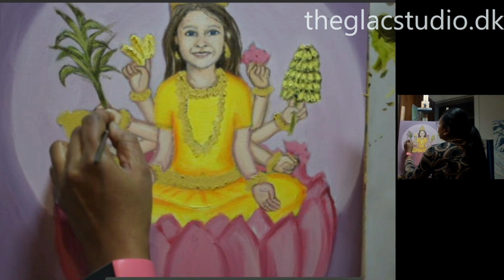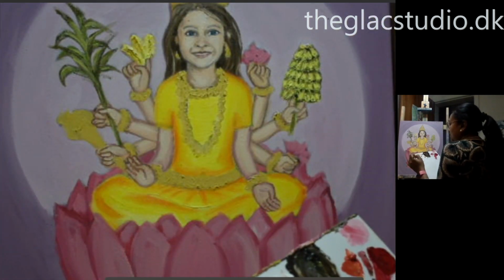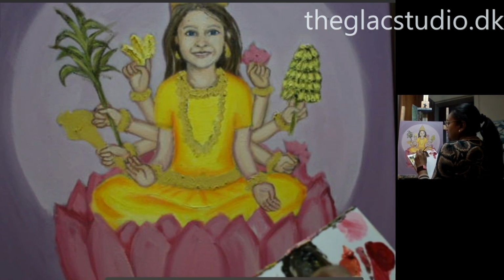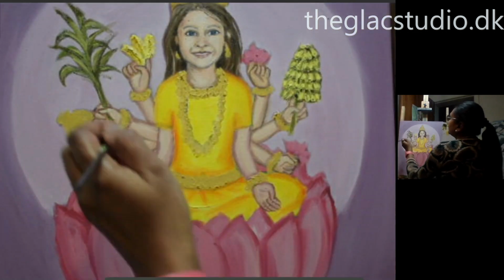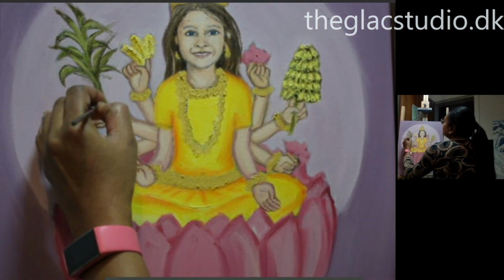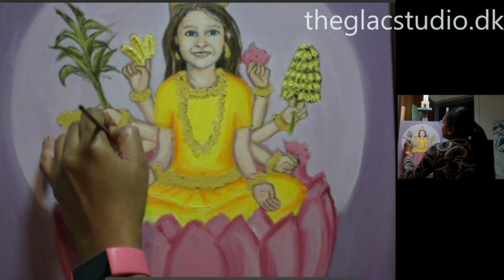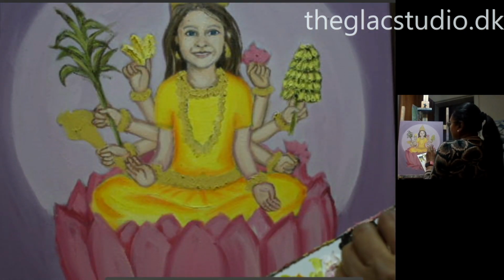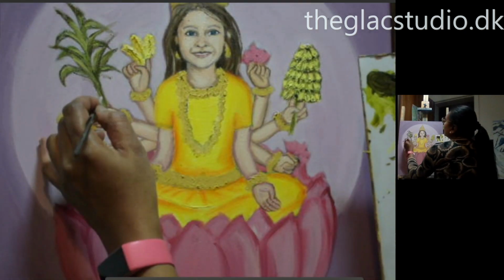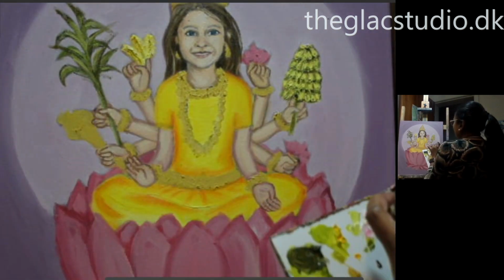And this sugarcane, the base has to have a bit of, I don't want to give too much of it, but I'm taking a tiny bit of titanium white to give a slight highlight here. And then I'll use the ivory black to give a kind of, I don't know what